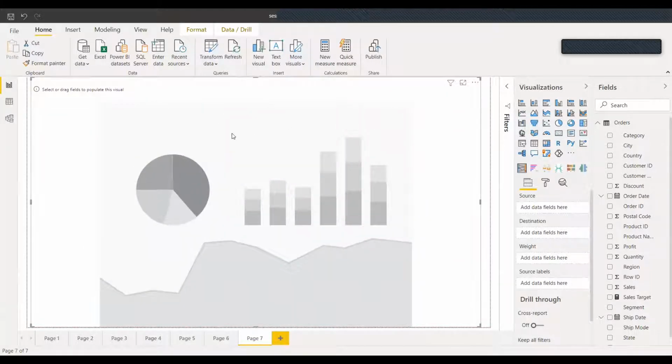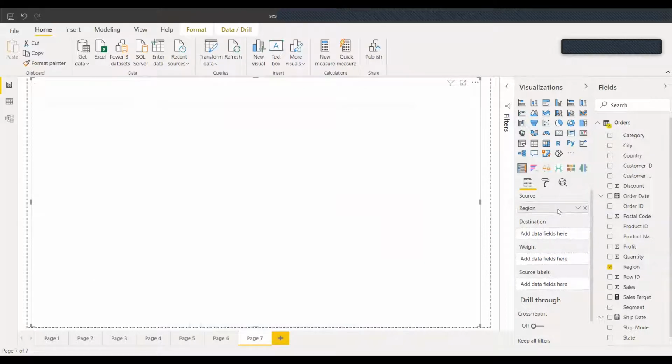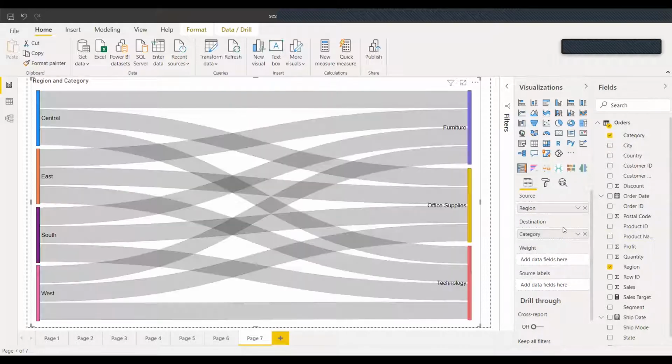Okay, so for this chart, we just need to define source. What would be our source? Let's say for this example, I'm taking region as a source, and what would be the destination? The destination would be, let's say, categories, and the weight basically defines the width of these lines. Let's say we go by sales.